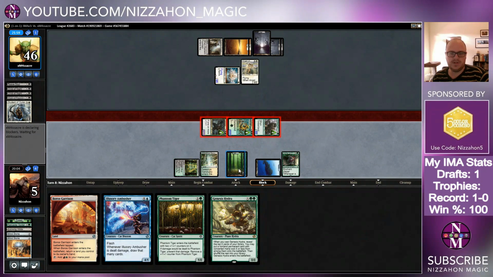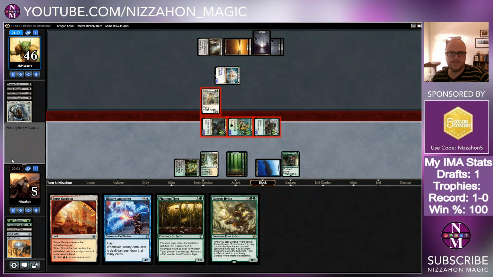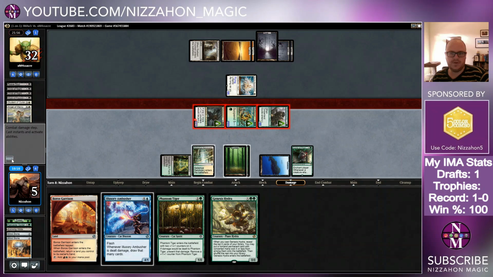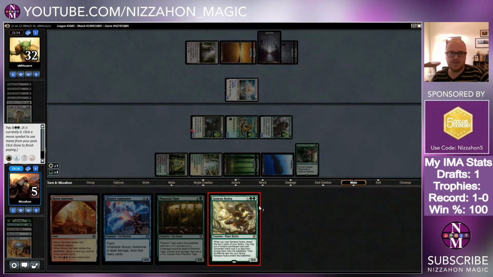Should I have just played Genesis Hydra? I guess it couldn't have hurt. Opponent goes down to 32. Let's just play Genesis Hydra. What the hell? Probably should have done it earlier, but...